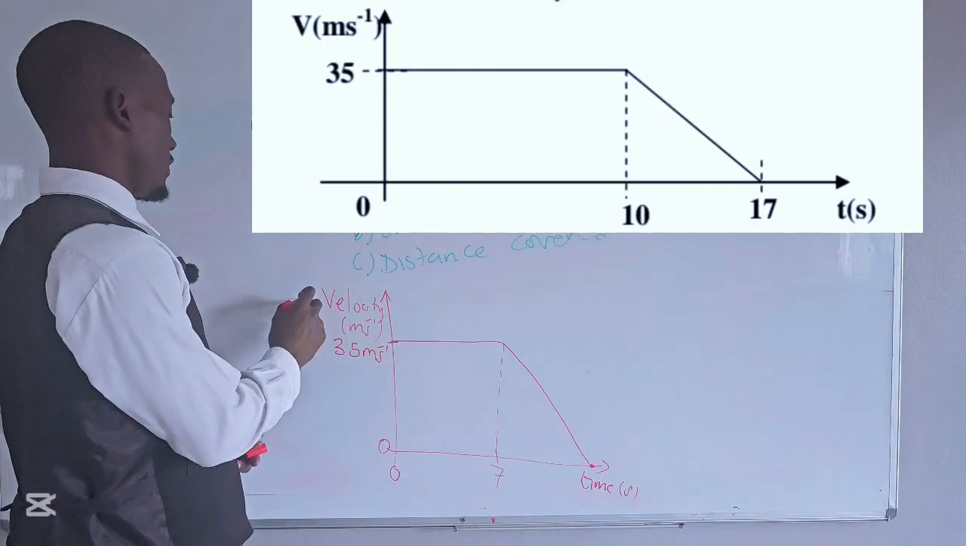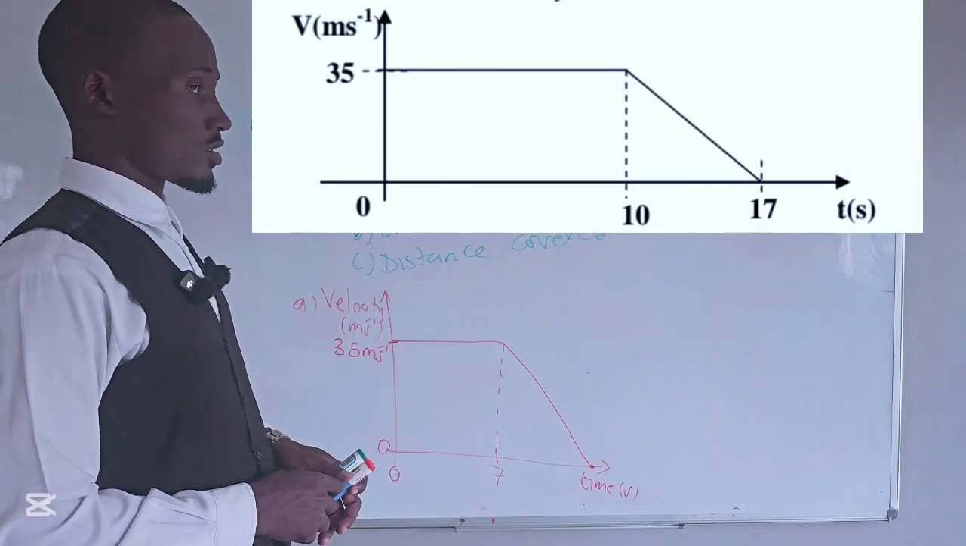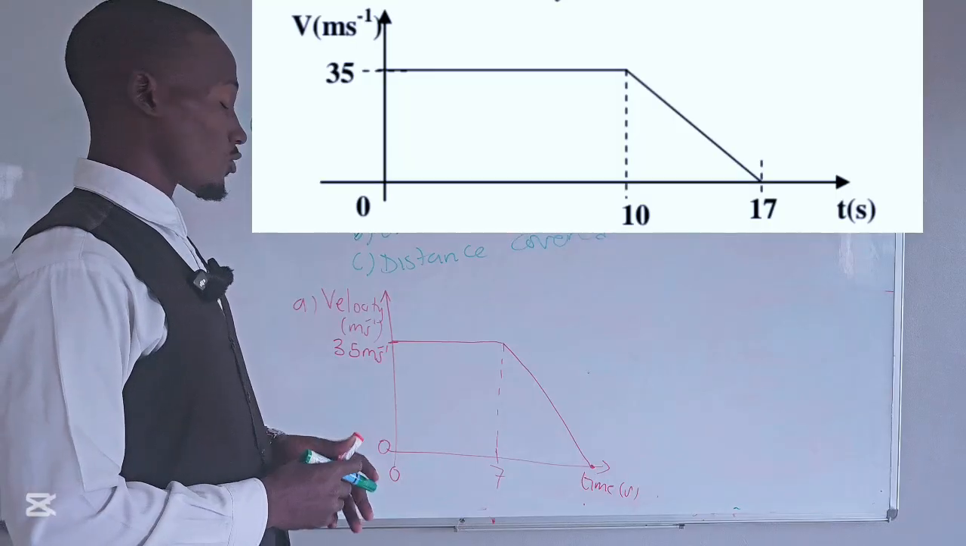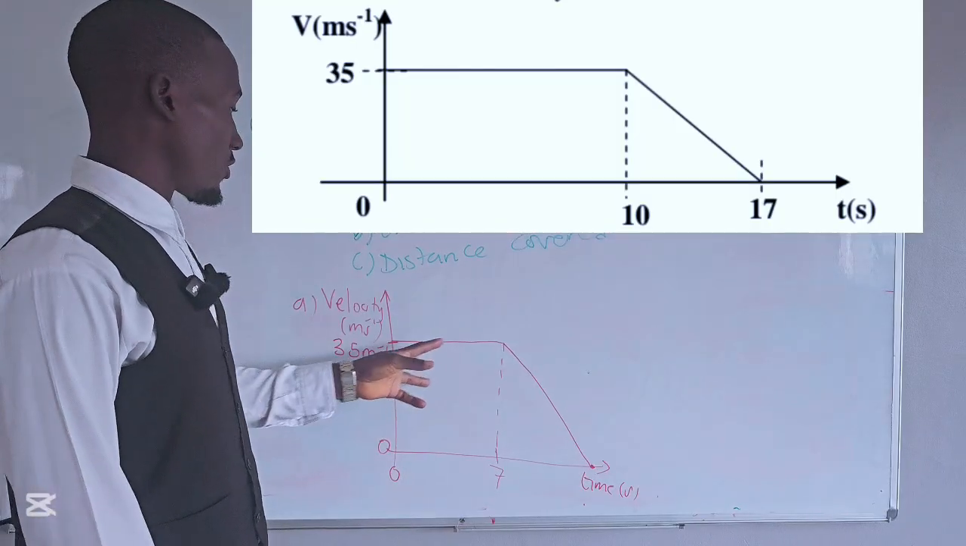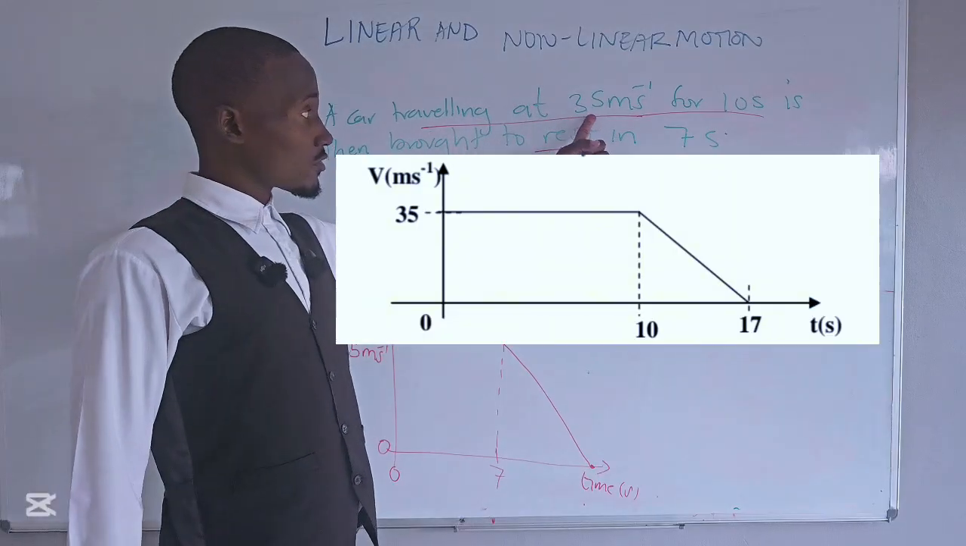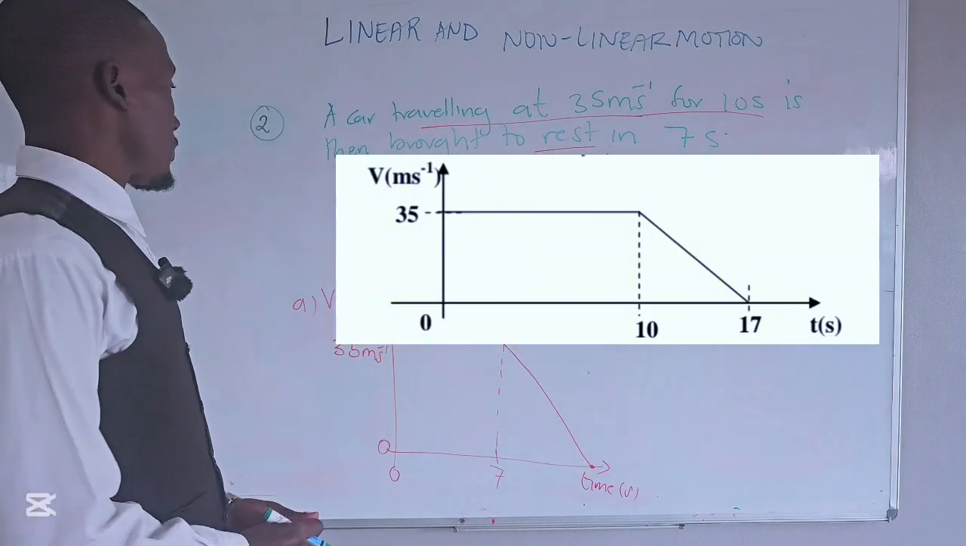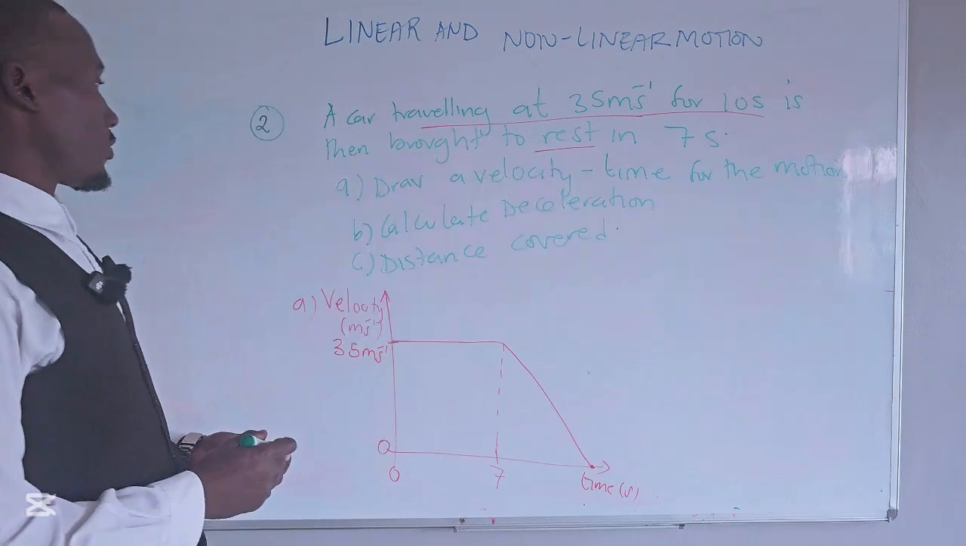That is part A of the question. We are done drawing the velocity time graph. Don't cram that velocity time graphs are always straight, no. It is the question that told me that this velocity was maintained for 10 seconds. So let's look at part B of the question,